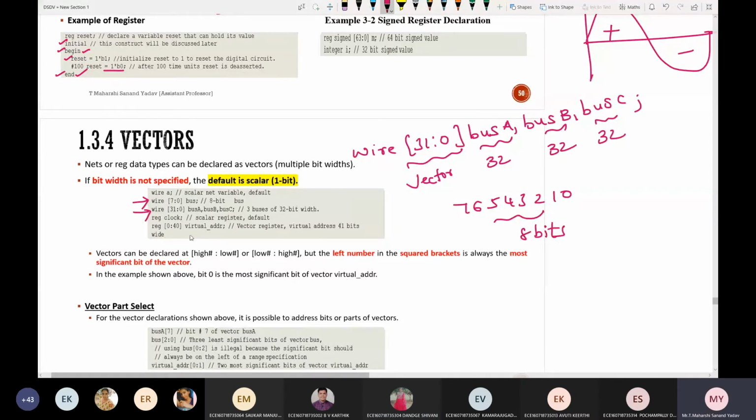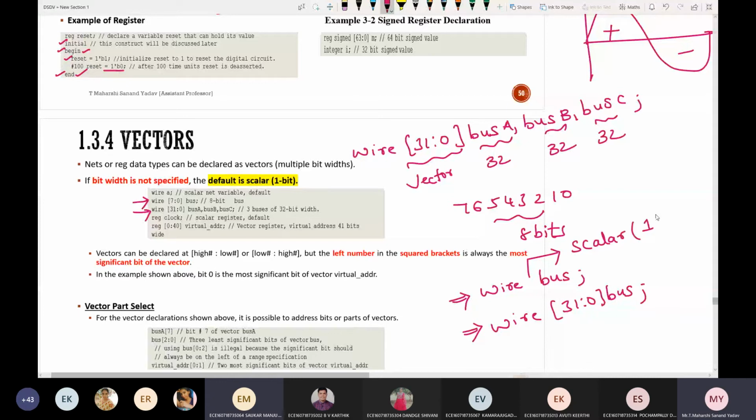Next, suppose if I want to mention the size, if I write directly wire bus, and if I write wire 31 down to 0 bus, what is the difference between these two statements? Size is not declared in the first statement. By default, it is scalar.